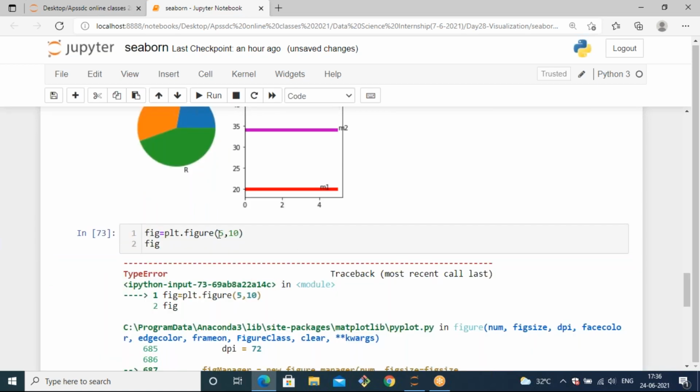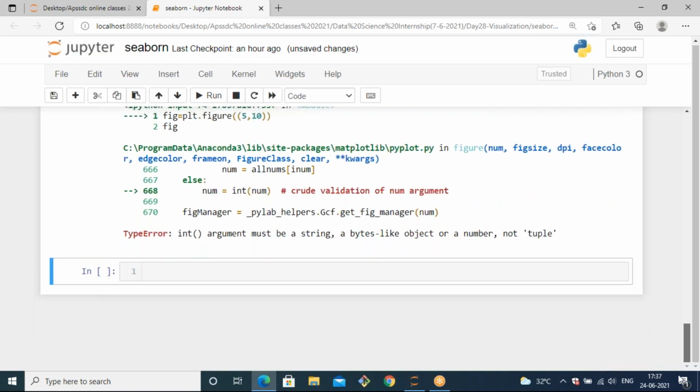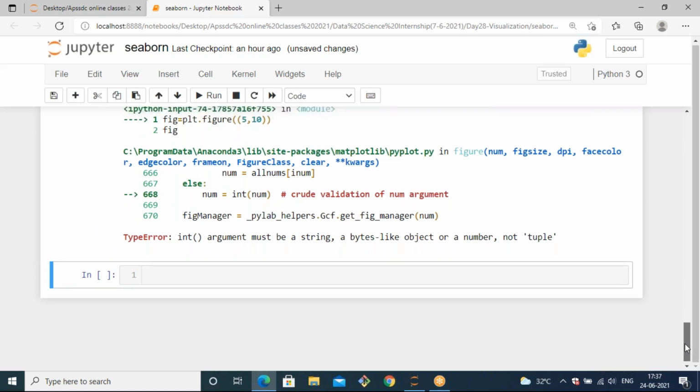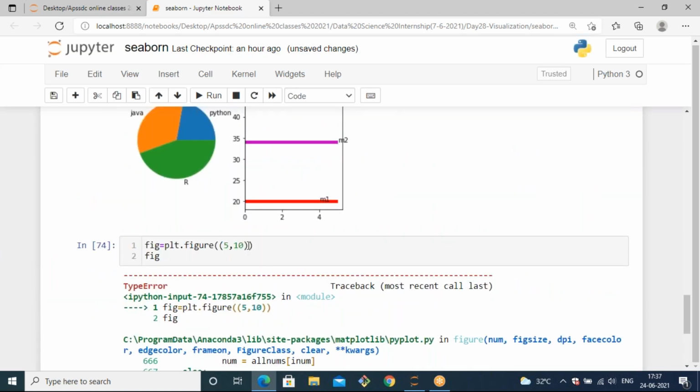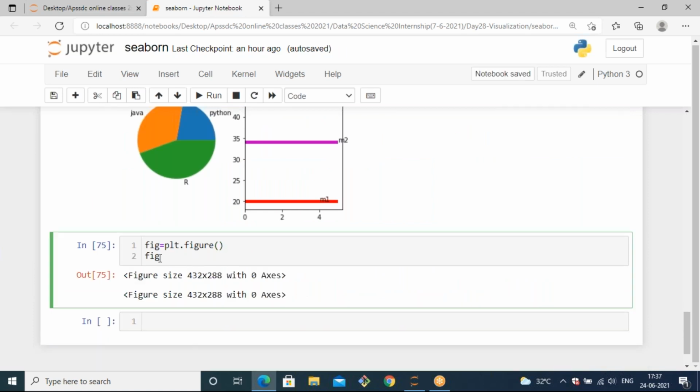So what it tries is you need to specify it like parentheses. Int argument must be a string, a bytes object, not a tuple. So let's remove it.